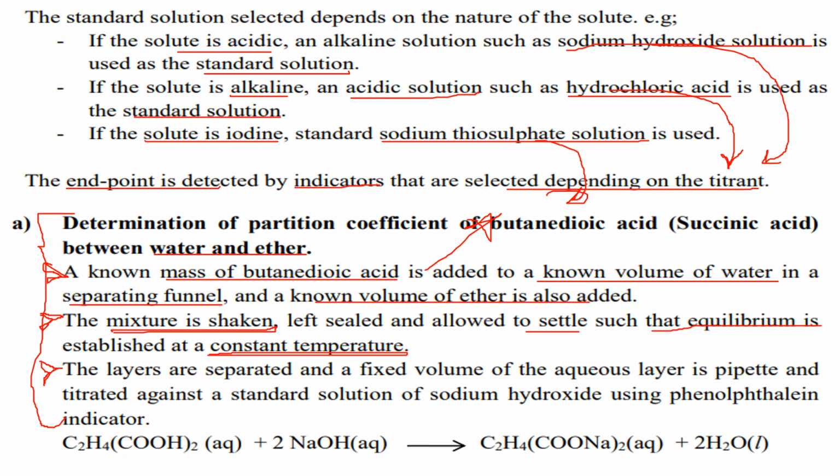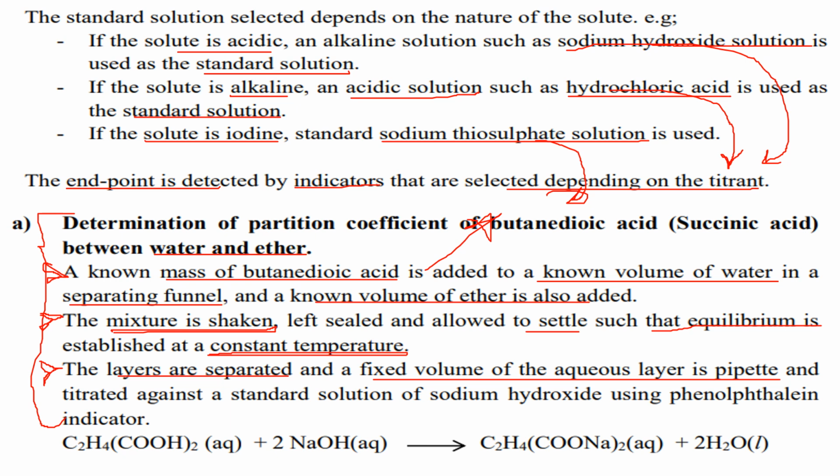Now after doing so, what next? The layers are going to be separated because in our separating funnel now the liquid layers are clear. So you are going to open the tap of the separating funnel and then the layers are going to be separated. And after separating them, we need to get the concentration of the solid that has been dissolved in either of the solvents. That's why we are saying that a fixed volume of the aqueous layer is pipetted and is titrated against